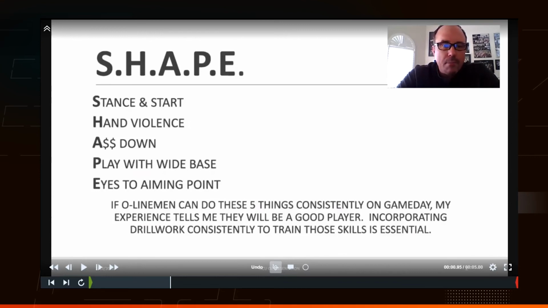I've been an OLine guy my whole life. I played offensive line in college. And to me, we're a sum of our experiences. I have found that the best players I ever coached at that position were able to do these 5 things on a consistent basis. So as you can see in the bottom, I'm just stating, if an offensive lineman can do these 5 things consistently on game day, my experience tells me that he's going to be a really good player. The key here is incorporating drill work consistently to train those skills that are essential,